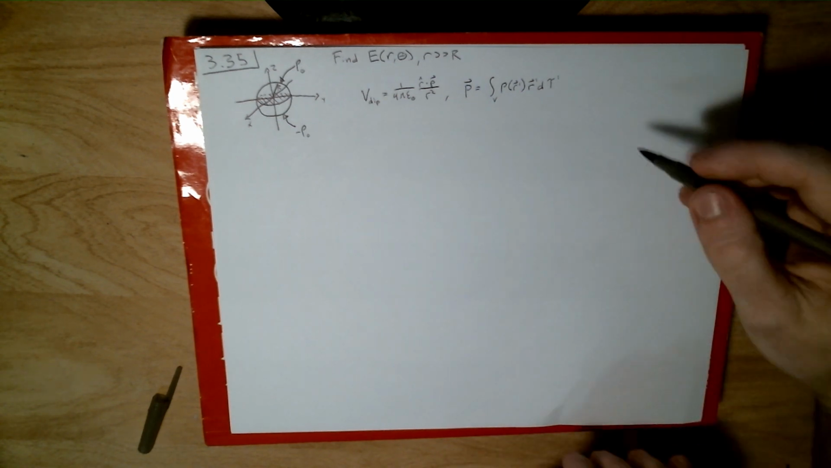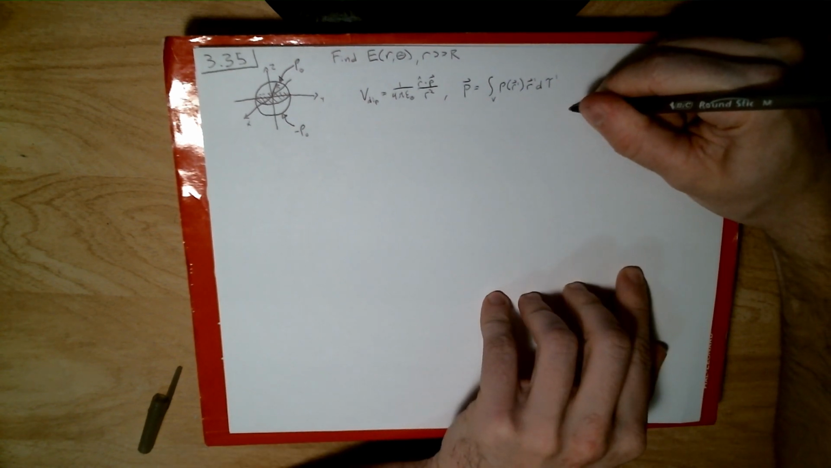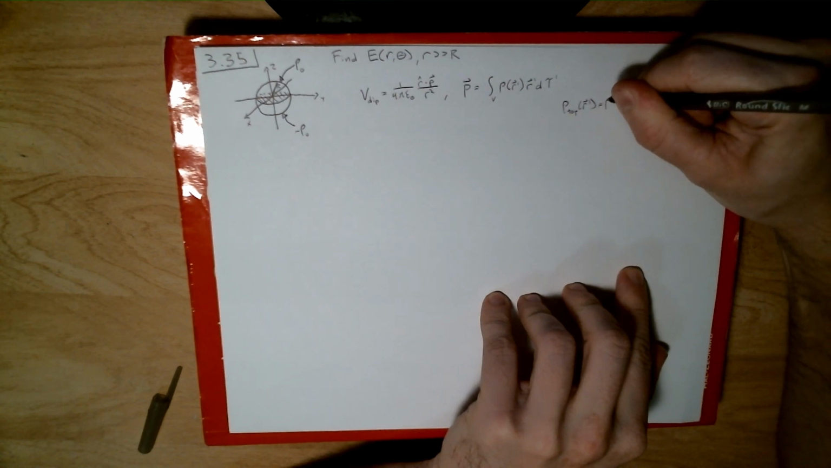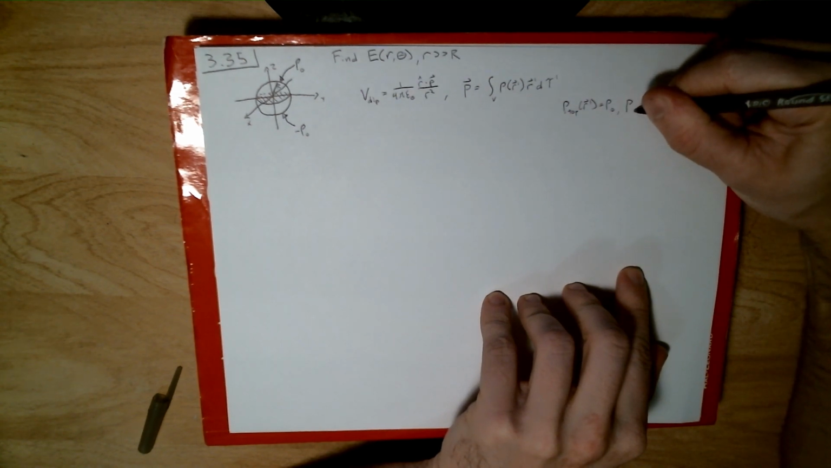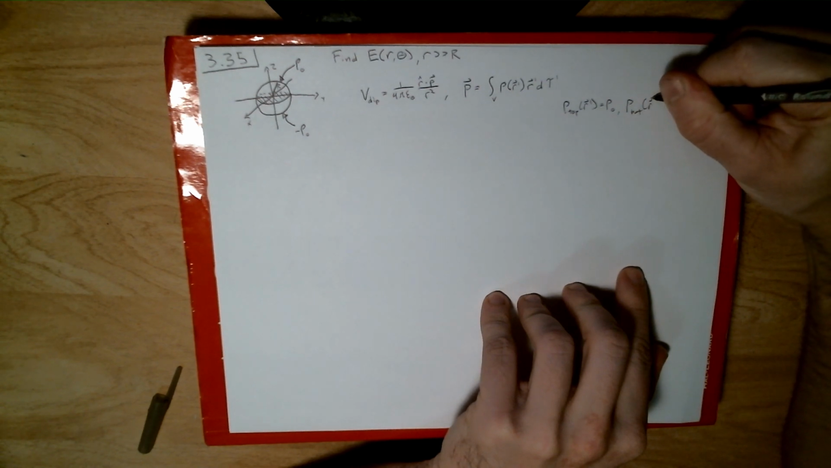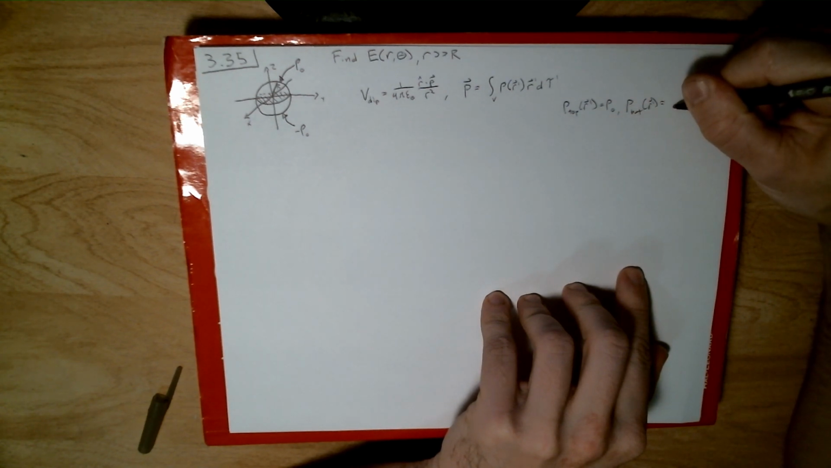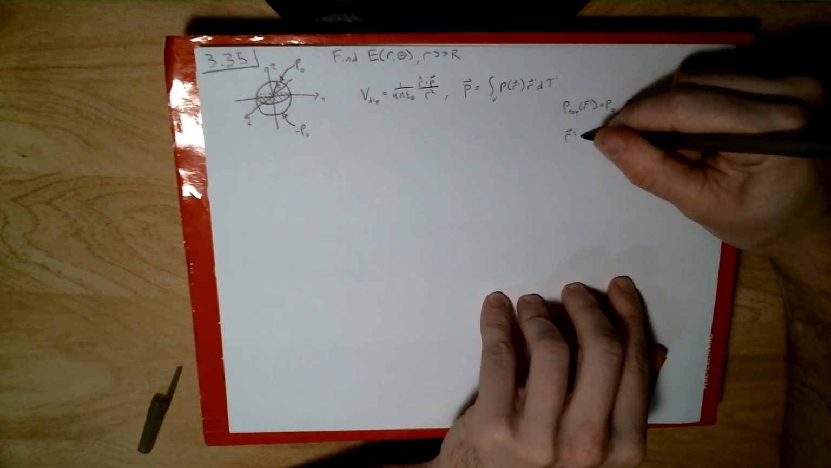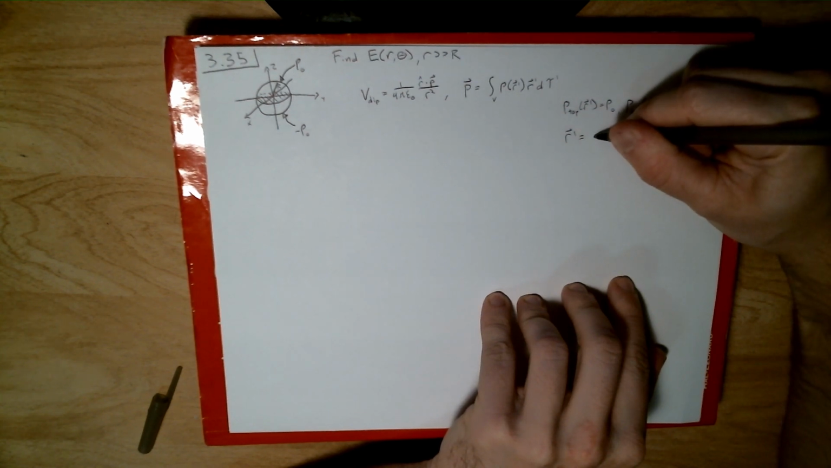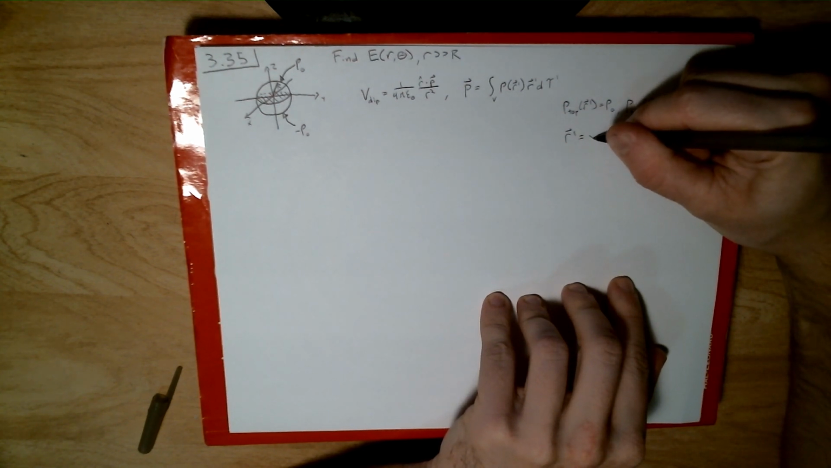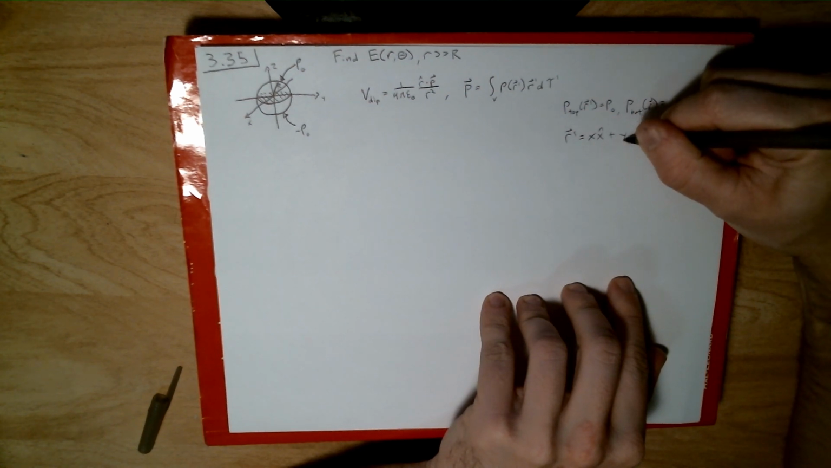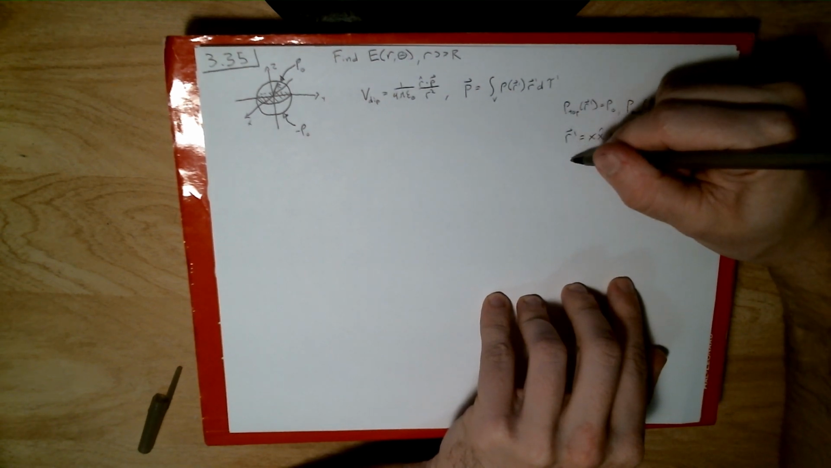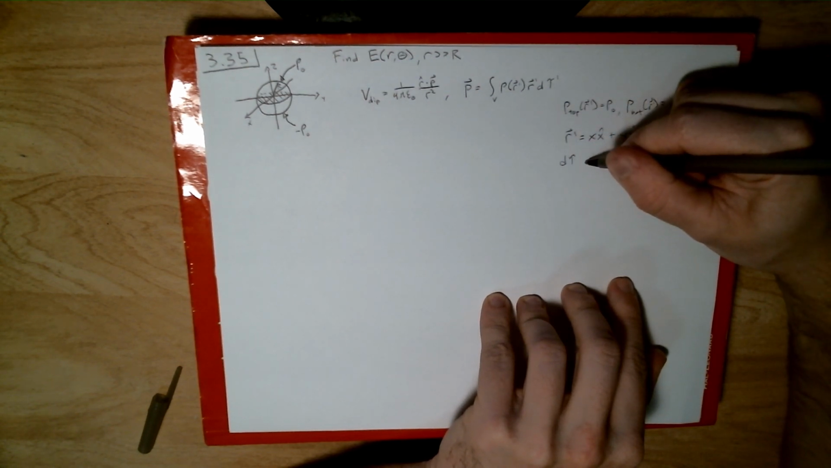So first, to define all these terms, we're going to have two charge densities. We're going to have a rho on top, which is equal to our positive rho naught, and a rho on bottom, which is equal to our negative rho naught. Our r prime is going to be equal to, just simply in Cartesian, x hat plus y hat plus z hat,